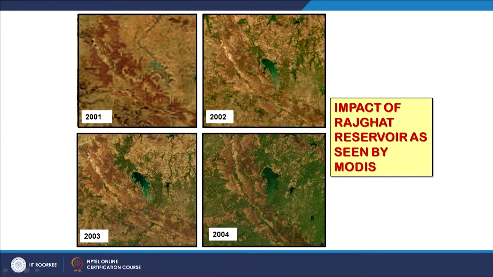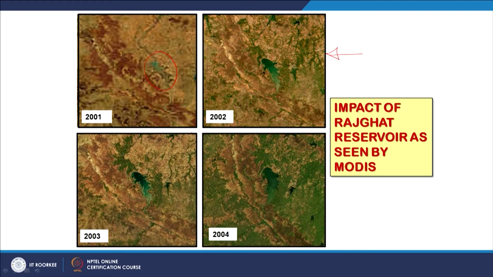And as you know, satellite images provide unbiased recordings of things. In this example, what we are seeing is a larger reservoir, also called the Rani Lakshmi Bai reservoir, locally known as Rajghat. It just started filling in 2001. The entire project was not completed at that time. The next year, in 2002, it filled to its maximum height.